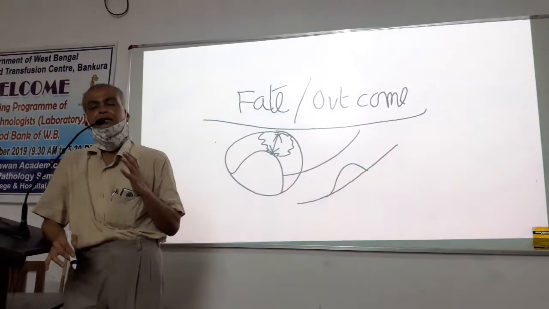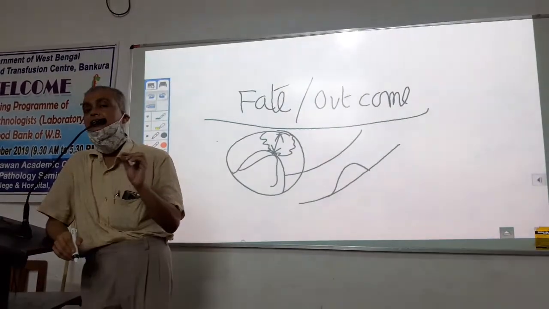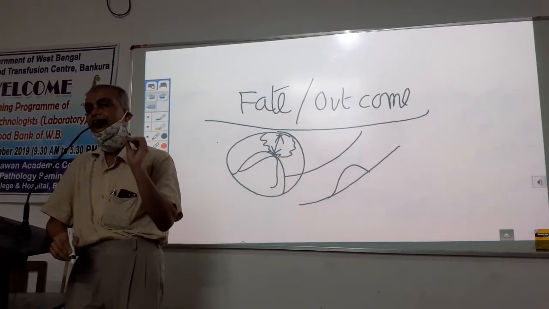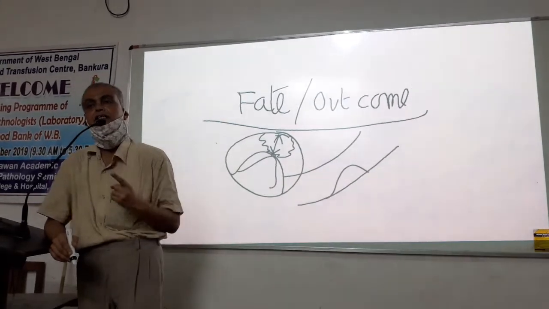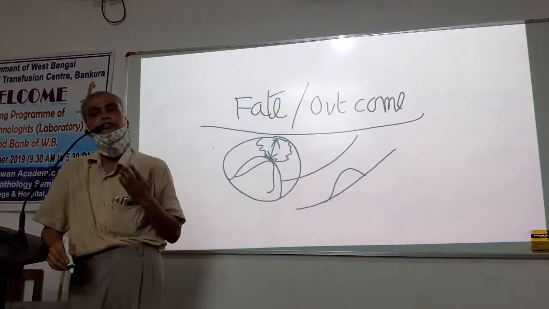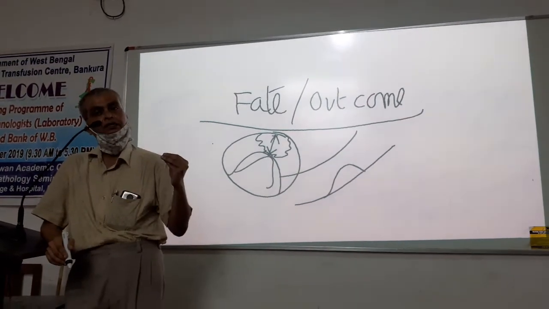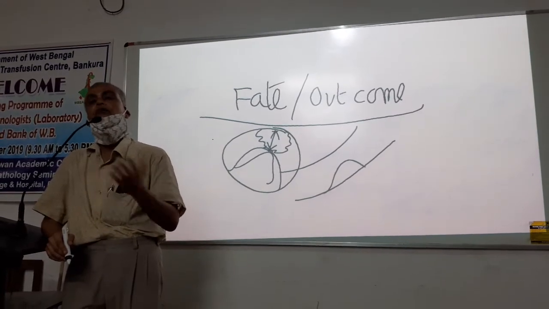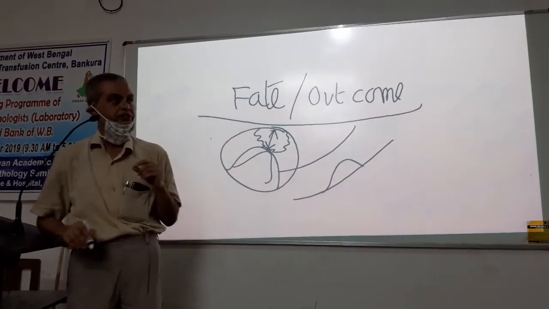And finally, a plaque, because of its location, will gradually weaken the wall. And whenever an arterial wall is weakened, there will be chance of formation of aneurysm. So these are the fate and outcomes of atheromatous plaque. This is a very important theory question, often comes. So there will be some chronic changes, there will be some acute changes, and there will also be atheroembolism along with aneurysm formation. Okay. Now the clinical features.